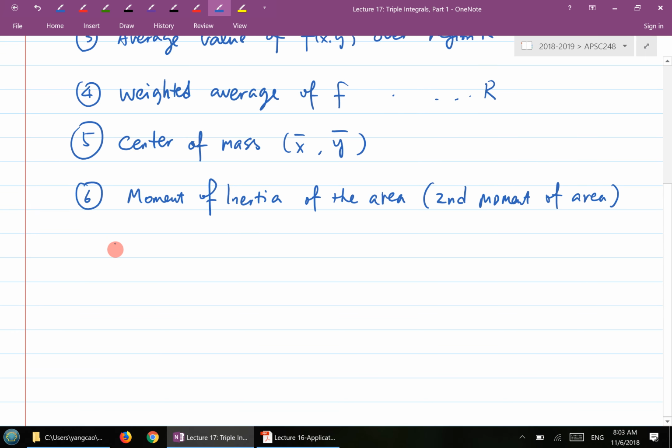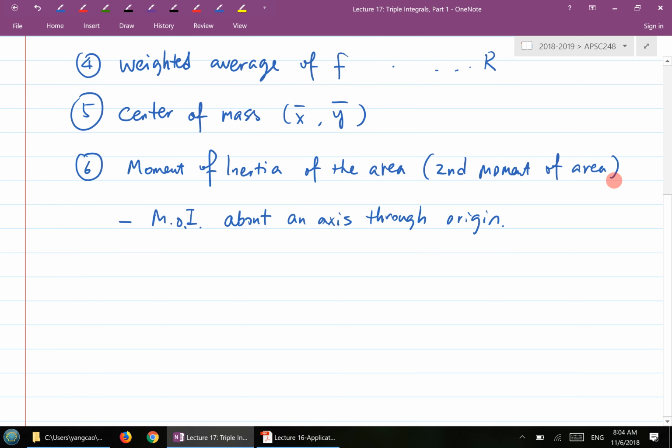So basically we have three different situations here. One is the moment of inertia, MOI, about an axis through the origin. In this particular case, basically it's the z-axis,